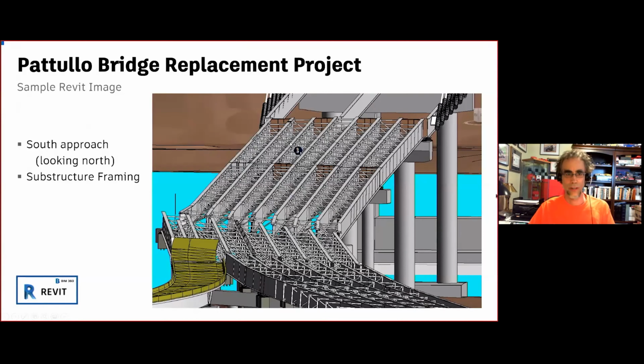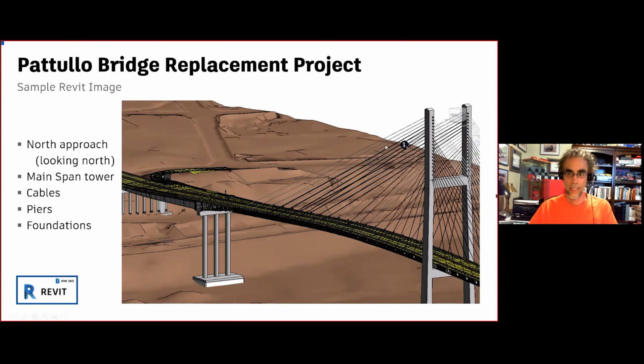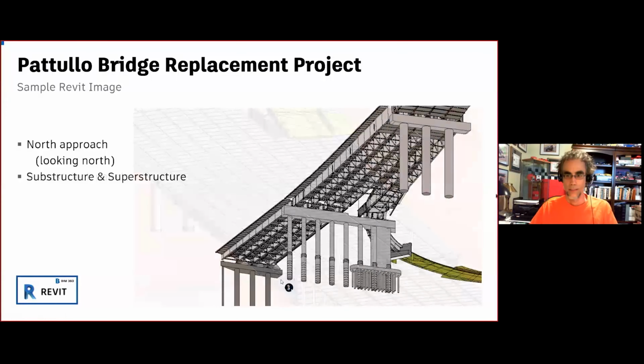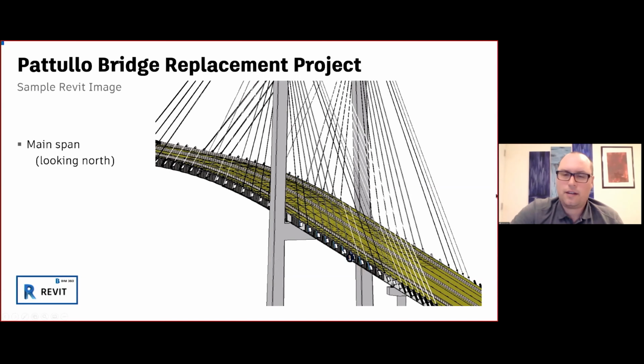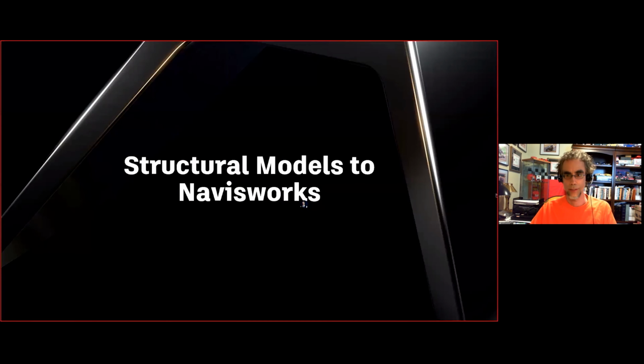Here are some images from the Revit model. You can see the detail in it. We actually even have sag, or Danny put sag in the cables, the correct sag. Precast deck panels. You can see the precast deck panels underneath, the bracing. We had rebar in there too, but that started to be a bit much for it. That's a good point. We had rebar in the precast panels, right? And it was a bit too much detail.